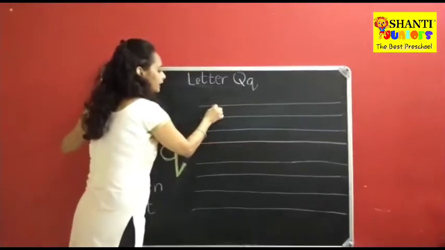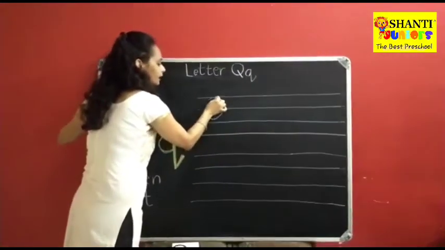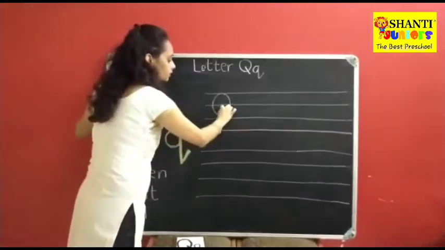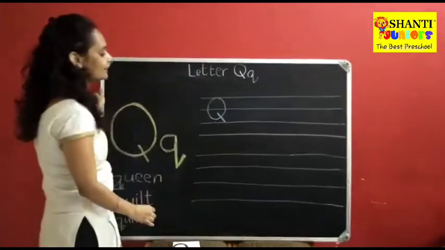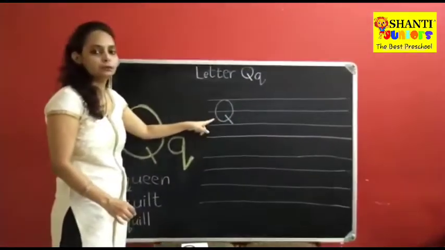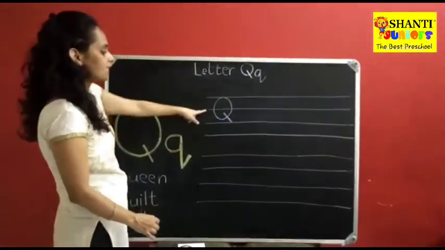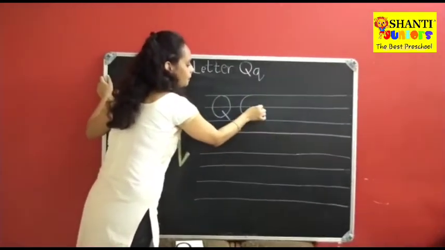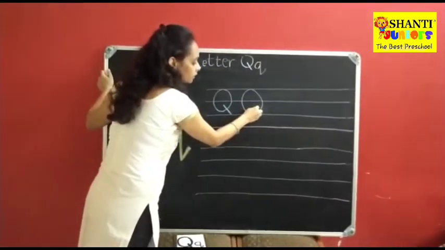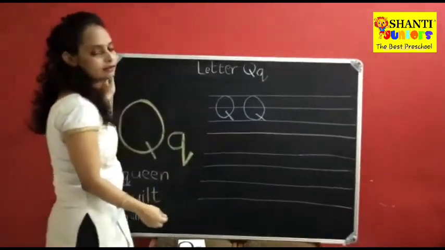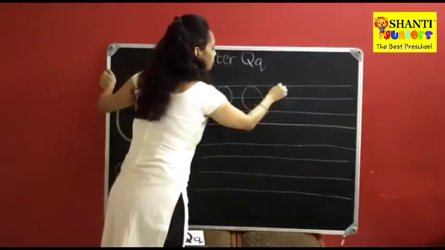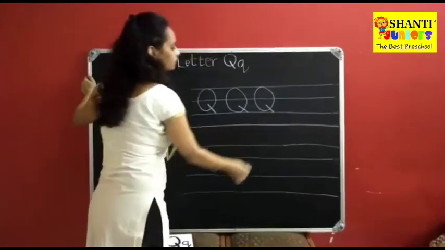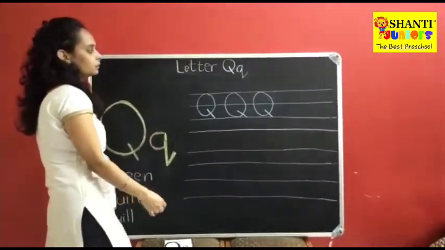So, you have learned letter O. So, you have to write letter O from the red line to the blue line, and from here, you have to do a small slanting line. It becomes letter Q. What becomes letter Q? This is capital letter Q. One more time. Circle. O means you have to write. And from here, one slanting line. It becomes letter Q. O, slanting line. Okay, it becomes letter Q.